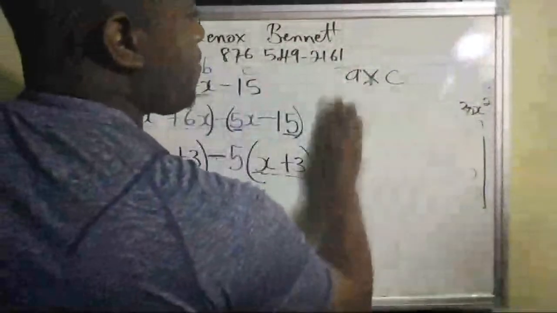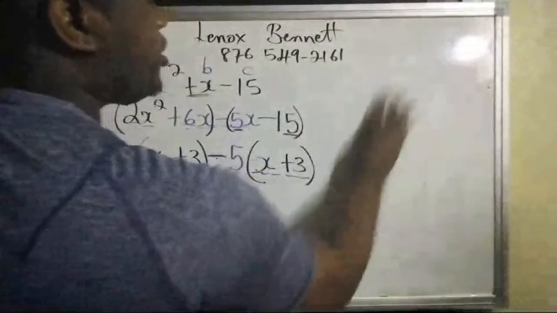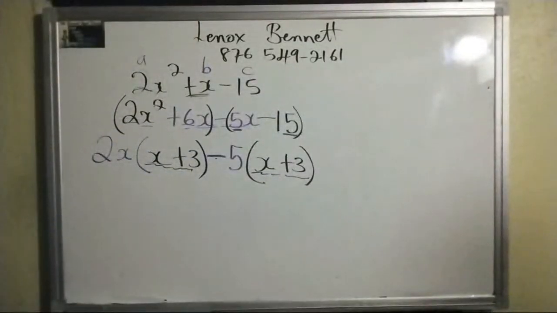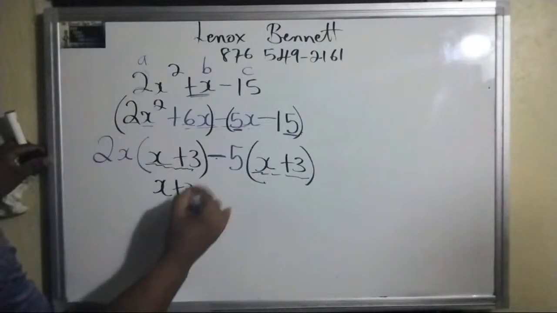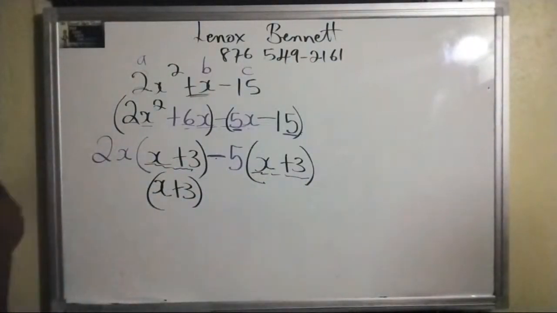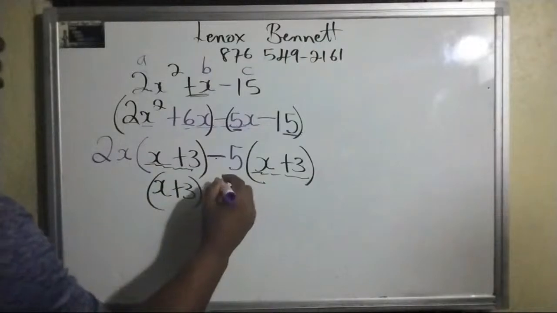So this rough work is the most critical part. And I'm gonna give you guys one to try, and then we see how it goes. So this is common, so we have x plus 3, and then we write what is outside, which is